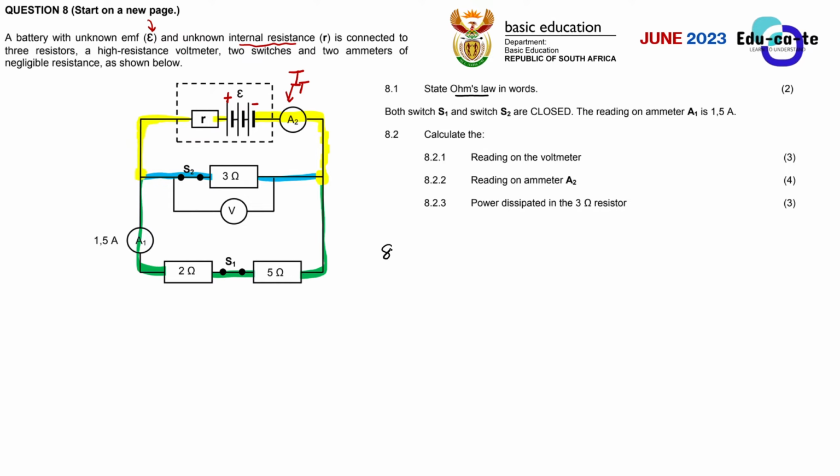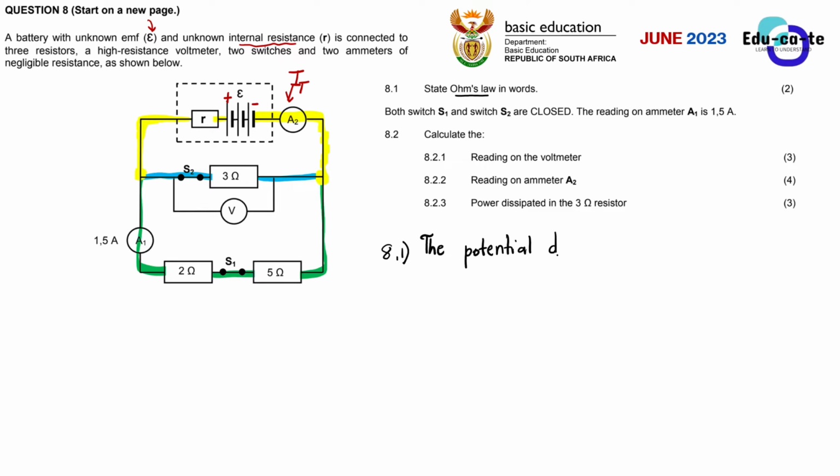So when we state Ohm's law, we have to just keep it simple. Do not mention too many things. You just have to mention the potential difference and the current. Say that they are directly proportional at a constant temperature. So when you state it, you'll say the potential difference across a conductor, or you can say across a resistor, it is still acceptable.